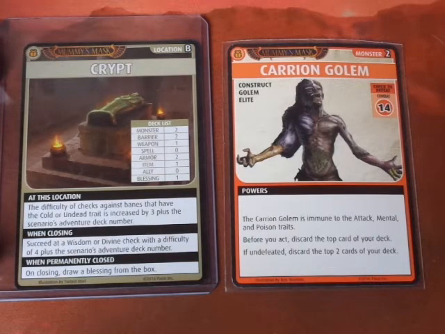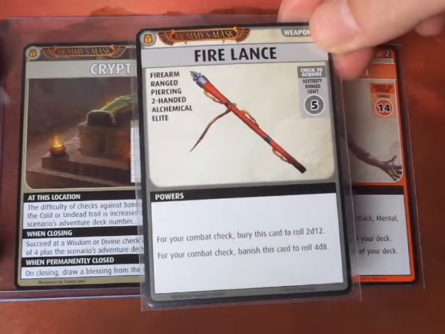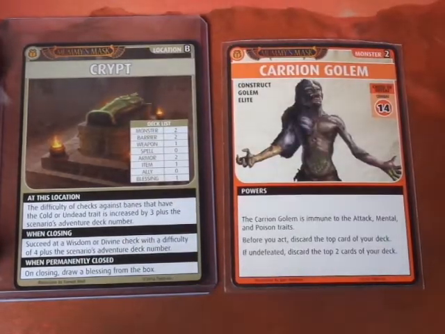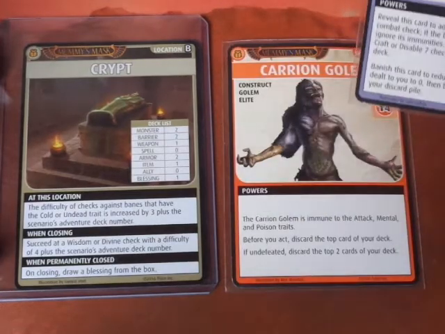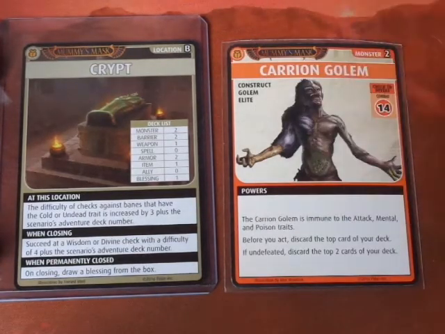So what we want to do is we're just going to go ahead and use the Fire Lance. It's going to be 48, and we'll go ahead and use the Embalming Fluid. No, we can't, because it's immune to the poison trait. So we can't use the Embalming Fluid. So we're just going to go straight up, use the Fire Lance, 48,